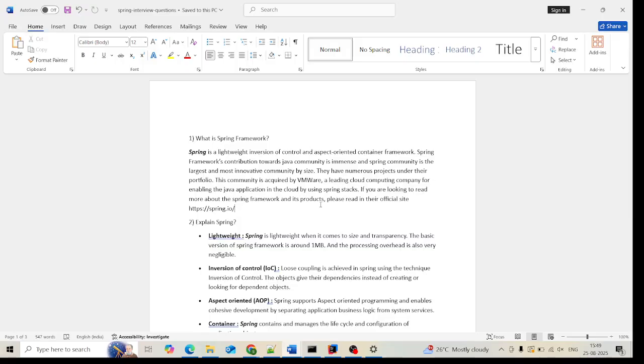This Spring Framework's contribution towards the Java community is immense, and the Spring community is the largest and most innovative community by size. They have numerous projects under their portfolio, and it is now owned by VMware.